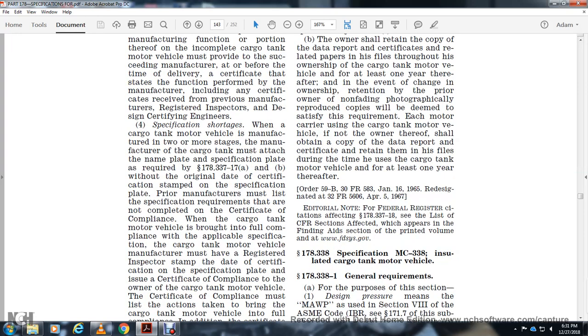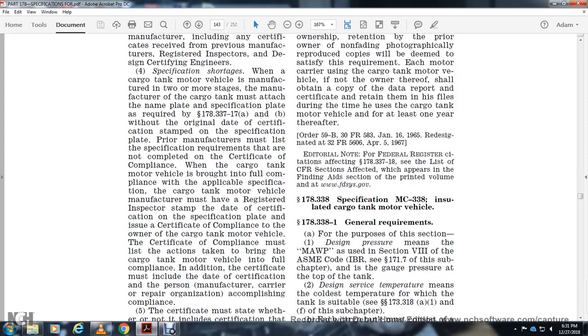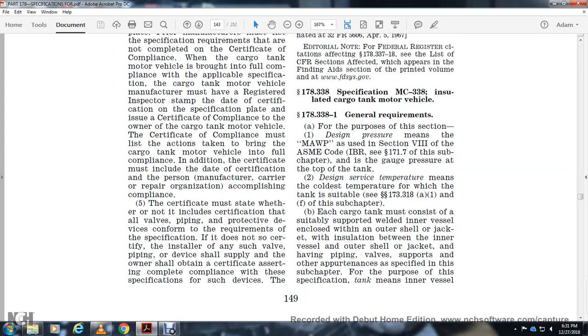with the certification compliant is provided to the owner of the cargo tank motor vehicle. The certification of compliance must include the action taken to bring the cargo tank motor vehicle to full compliance, and in addition the certification must include the date of the certification and the person, manufacturer, carrier, or repair organization accomplishing the compliance. The certificate must state whether or not all valves, pipes, and protective fittings are included in the certification to conform with the requirements